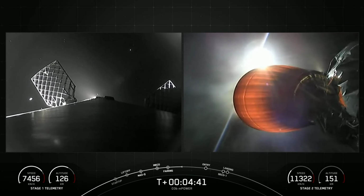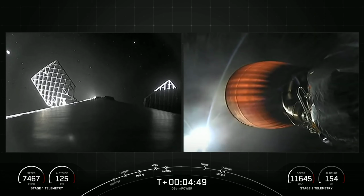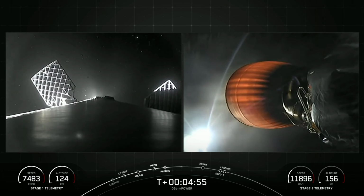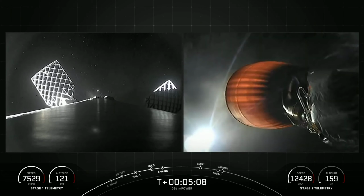The next major event is going to happen on the first stage, which is on the left-hand side of your screen. That'll be the entry burn. During the entry burn, we relight 3 of the Merlin 1D engines on the first stage: the center engine, followed shortly after by 2 of the radial engines. We do that to slow down the vehicle, and that helps us reduce the re-entry forces and heating, and ultimately allows us to recover and reuse that first